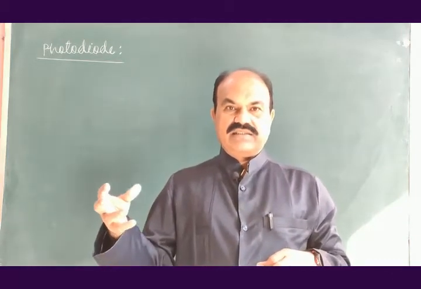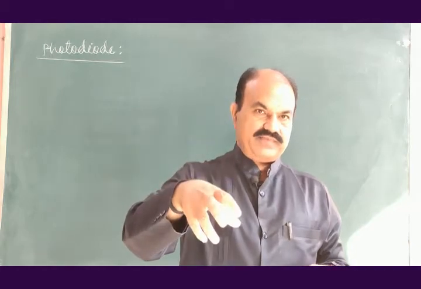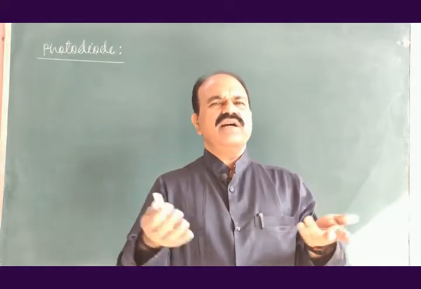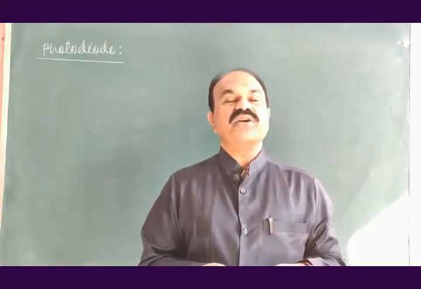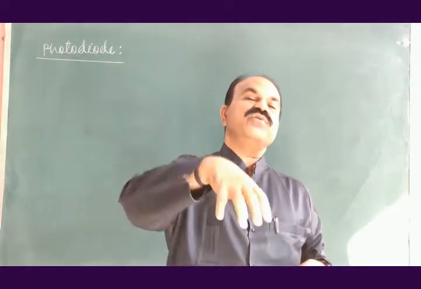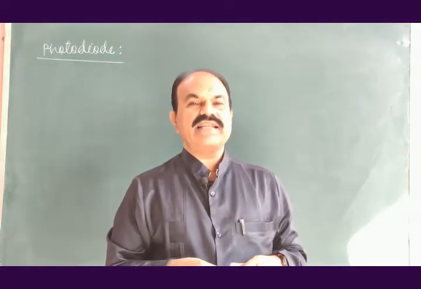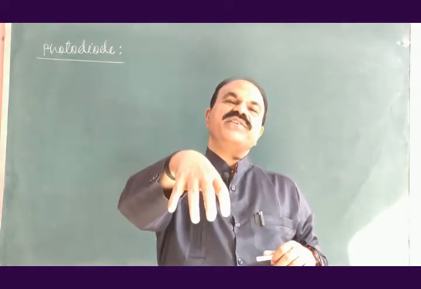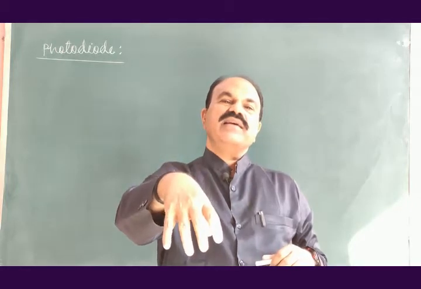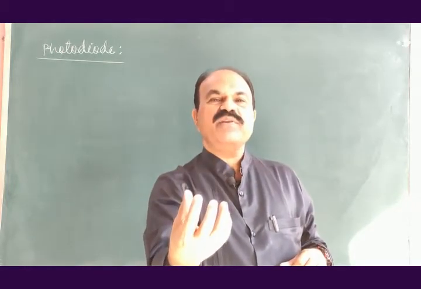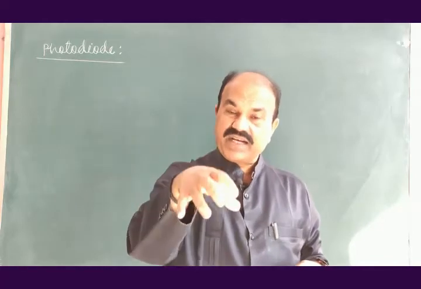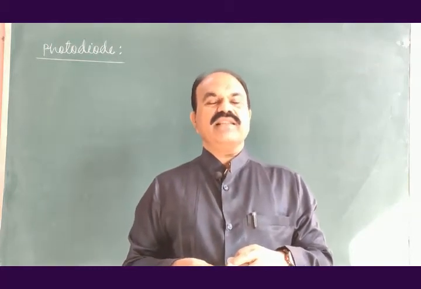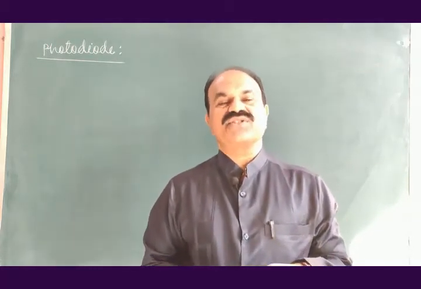Now, expose this photodiode to light of certain frequency or ordinary light. Because of this, what will happen? The light will fall on the photodiode. As light is falling on the photodiode, the photons of light will bombard the surface of the photodiode. The electrons in the valence band of the photodiode will absorb the photons. They will get the energy in terms of photons.